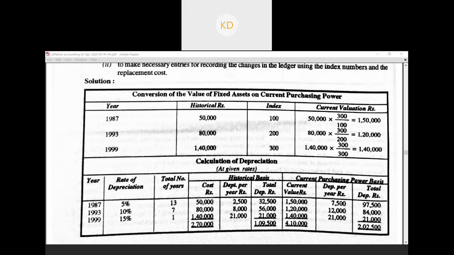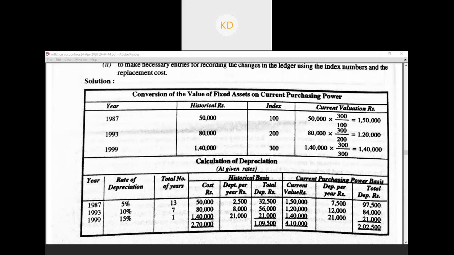But in the problem, if he says, specifically when you talk about the CCA method, if he says do it on average replacement depreciation, then you will take opening replacement cost plus closing replacement cost, divide by 2, calculate average replacement cost, then do the depreciation amount. But usually for backlog depreciation, for all the depreciations, unless he specifies, we will not do average replacement. Otherwise, we should always do the total replacement.